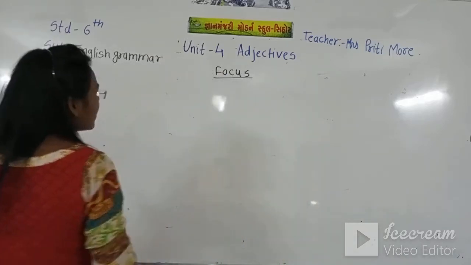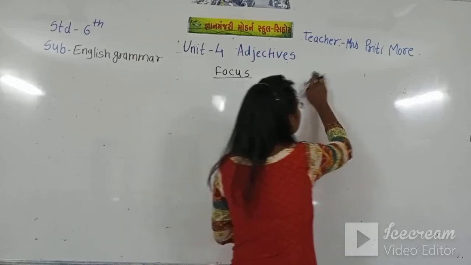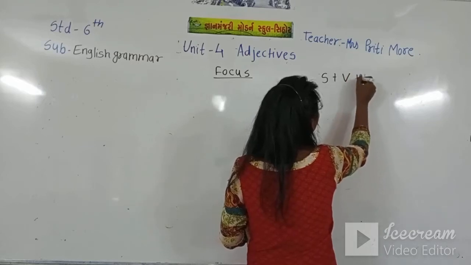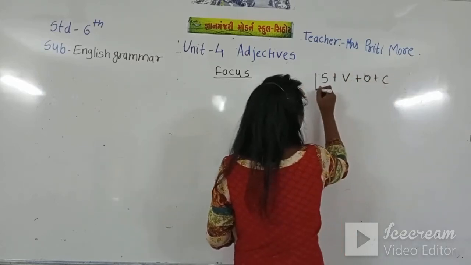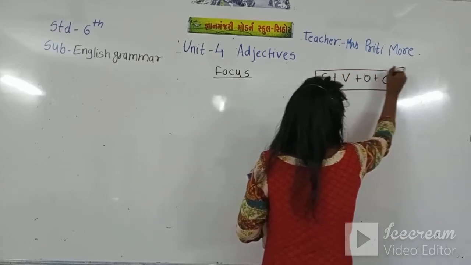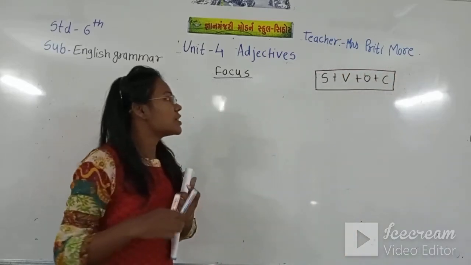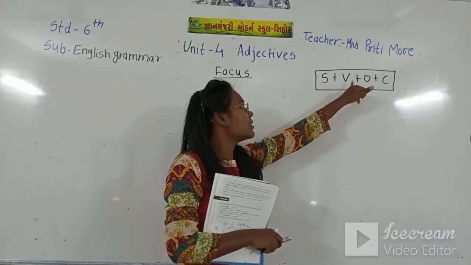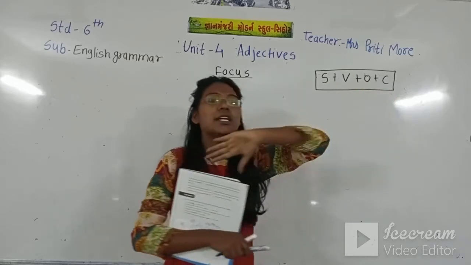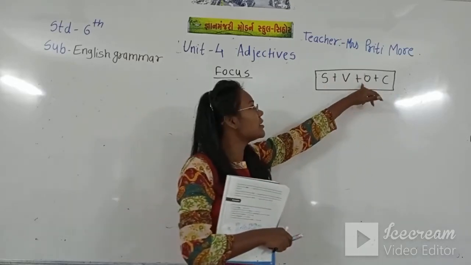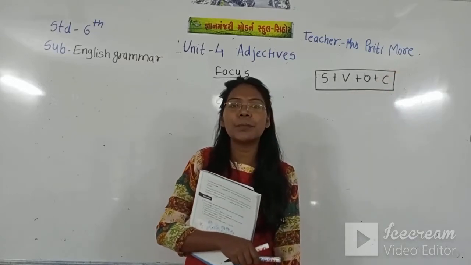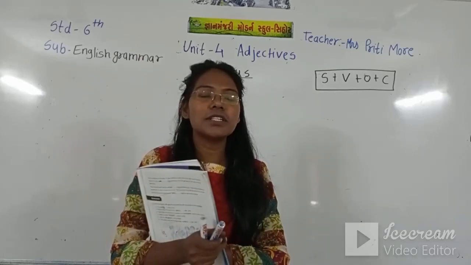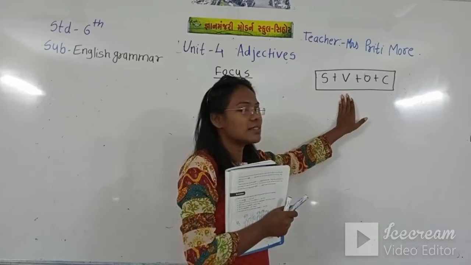So what we have seen first is that basically a statement is like subject plus verb plus object plus complement. In the assertive sentence, all sentences start with the subject, then the verb, then the object, then the complement. But some sentences don't need the object, they just need the complement to complete the sentence. Now we have to put all the words in the proper order according to this structure.